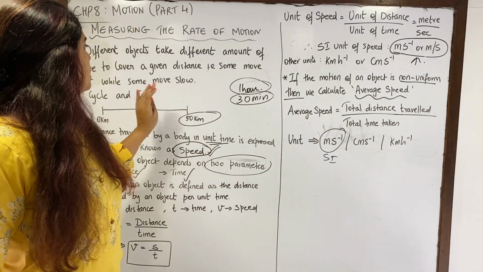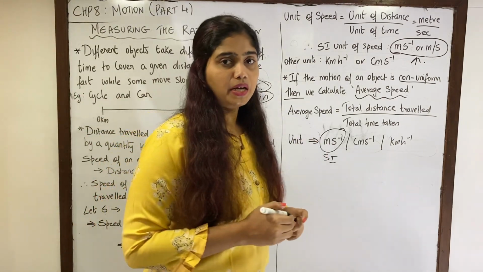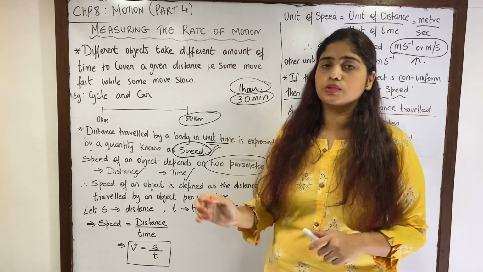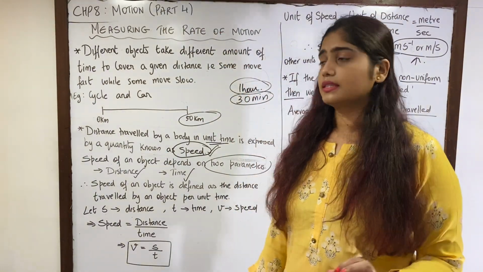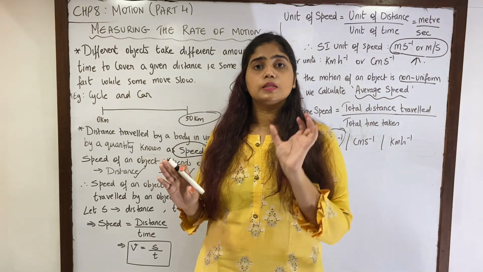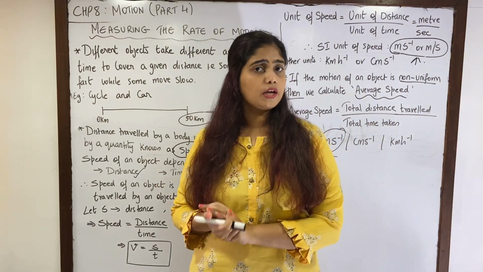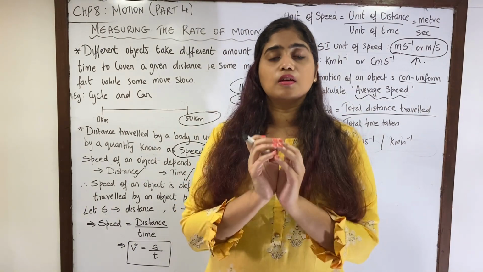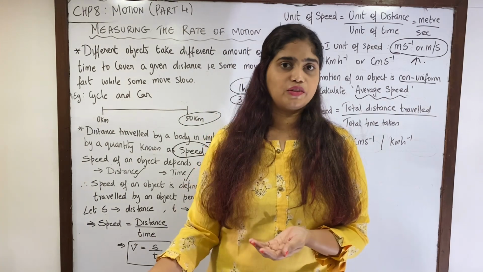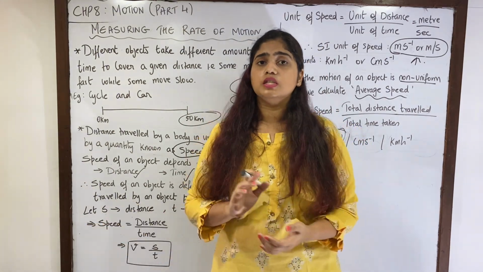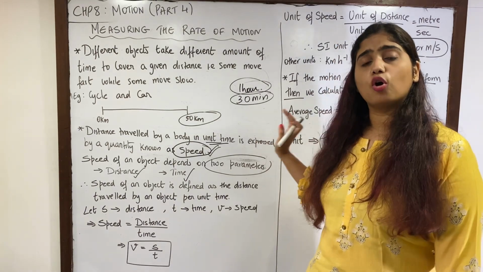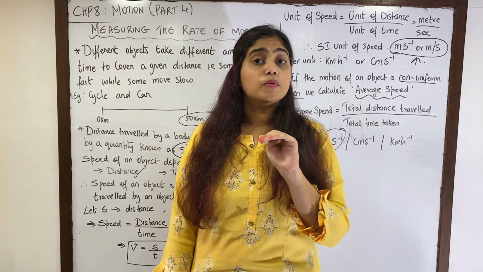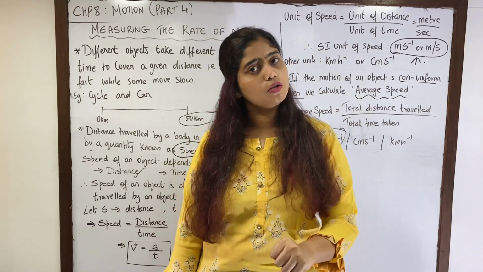So this is what we have about speed, and we know now that speed is the quantity that we are using to measure the rate of motion. Now one thing that you will have to keep in mind is that speed is a scalar quantity. By scalar quantity, I mean that it is always going to be expressed in the form of magnitude and never direction. There will never be a direction mentioned when we are talking about speed. Speed is always going to be a numerical value with its SI unit.